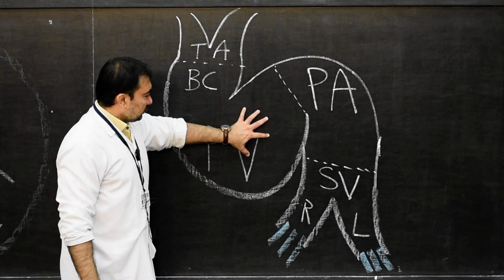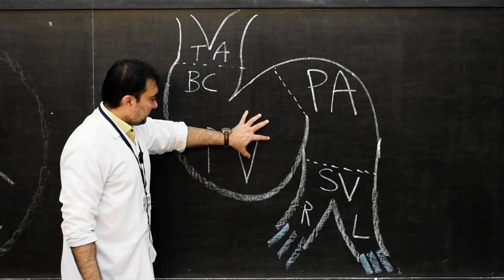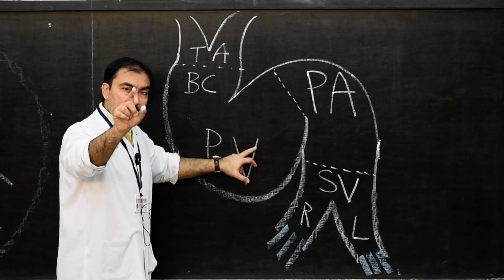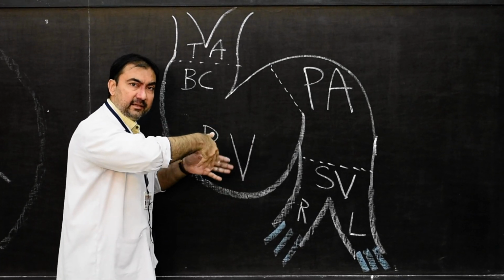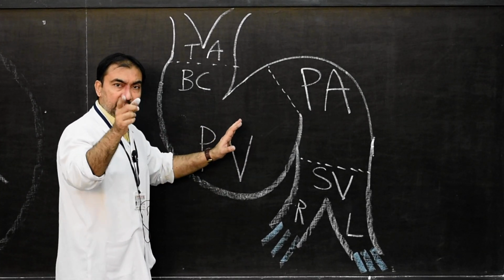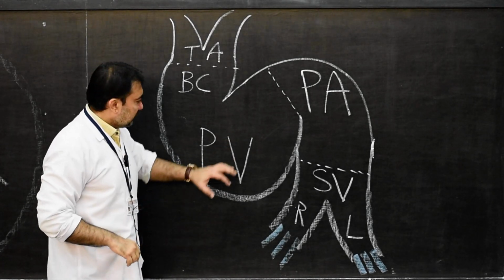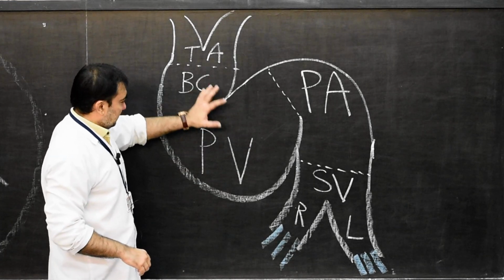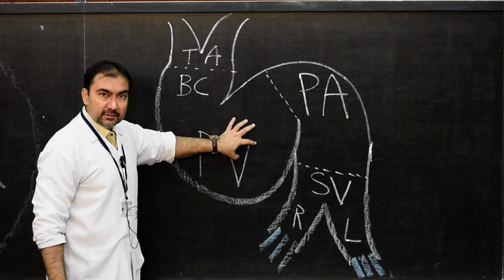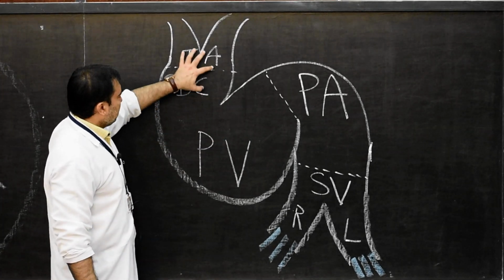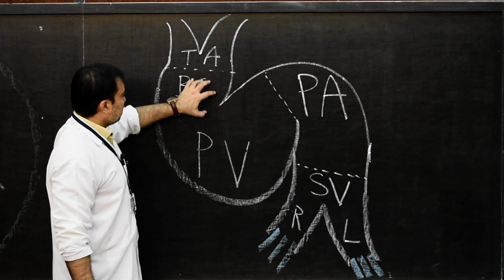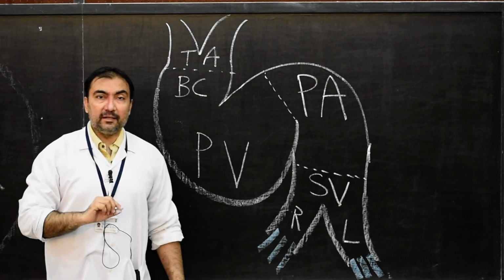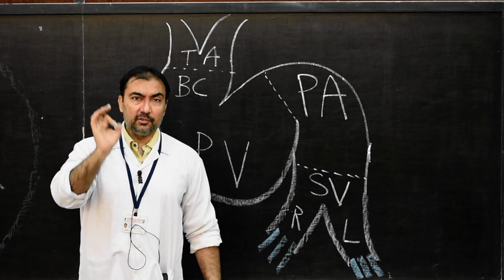What about the caudal loop, where my hand is? This caudal loop will be by the primitive ventricle. And where will it settle? It will settle slightly to the left side of the pericardial cavity. So this primitive ventricle will go to the left side of the pericardial cavity, and that will form the caudal end of the bulboventricular loop, and this truncus arteriosus and bulbus cordis will form the cephalic end of the bulboventricular loop, or it is called the cardiac loop.